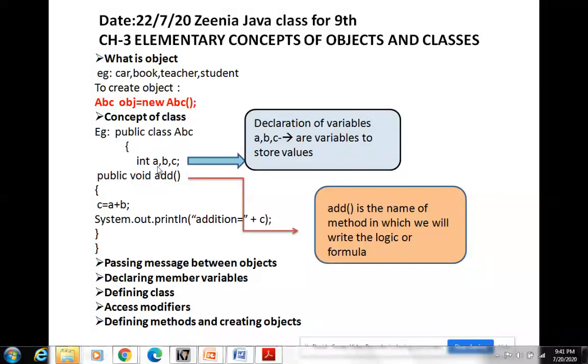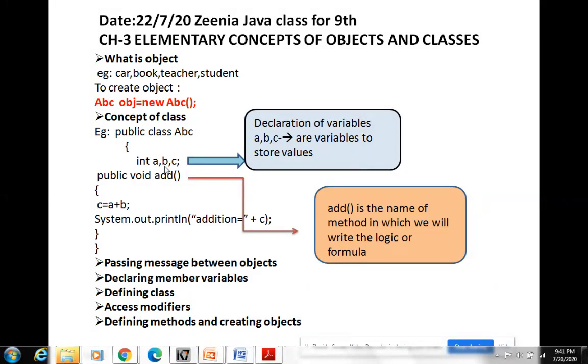Now this int a comma b comma c, what is this line? This is the declaration of variables. Here a, b, c are variables. I am using variables to store the values. You can take a, a1, a2, any variables you can take. You have read in last chapters also that variables are named locations which a programmer can set.